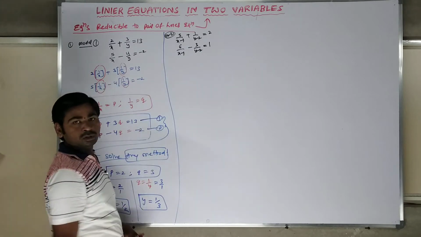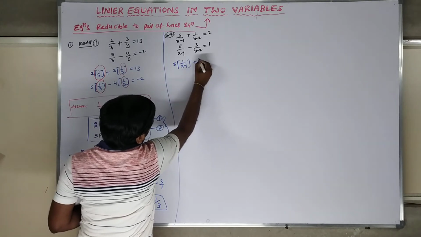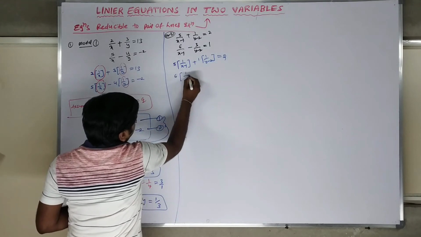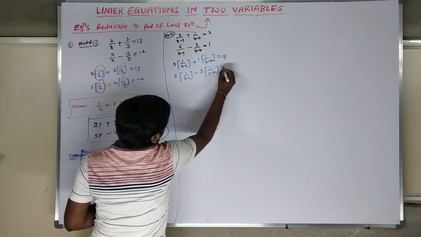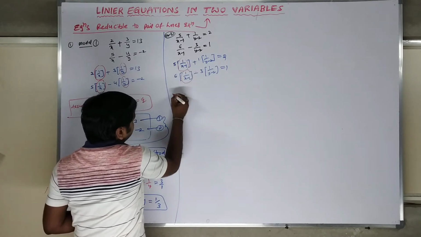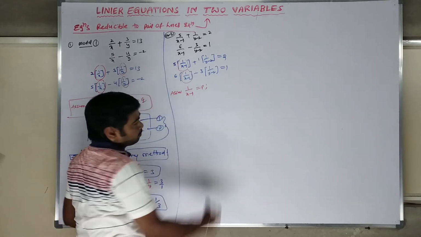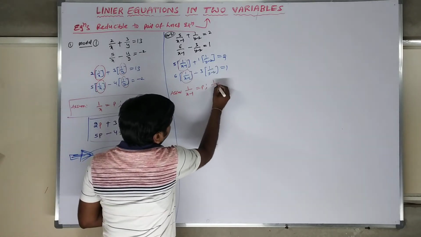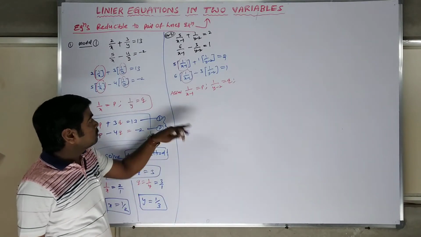So let us see what is the common portion I am having. Please take into consideration: 5 into 1 by x minus 1 plus 1 into 1 by y minus 2 is equal to 2. 6 into 1 by x minus 1 minus 3 into 1 by y minus 2 is equal to 1. Same concept. In this, what is the common portion? So same thing, assume 1 by x minus 1 is equal to p. That is the common portion, that only you can take. That is a very important thing. Next, 1 by y minus 2 common portion you can take as q. So please apply that.